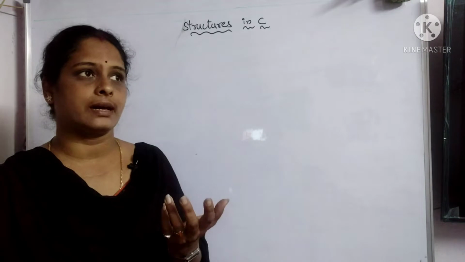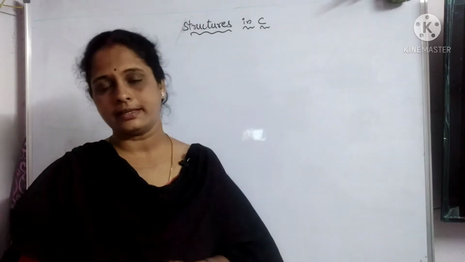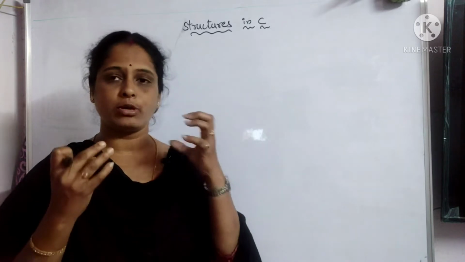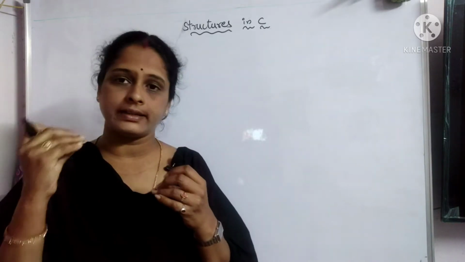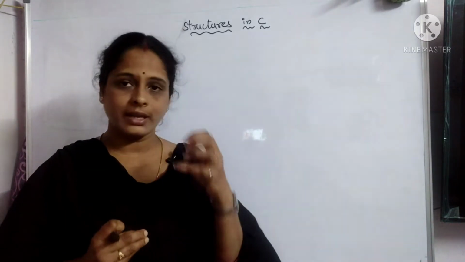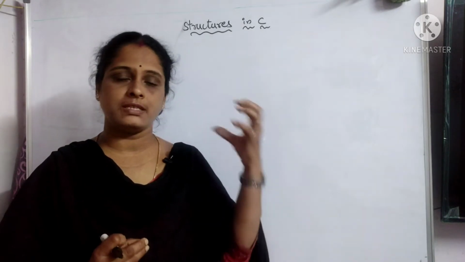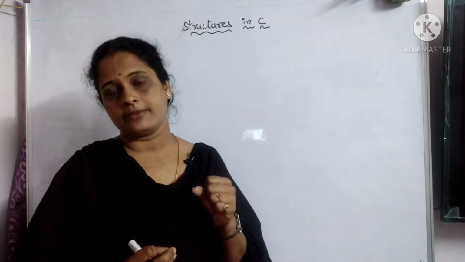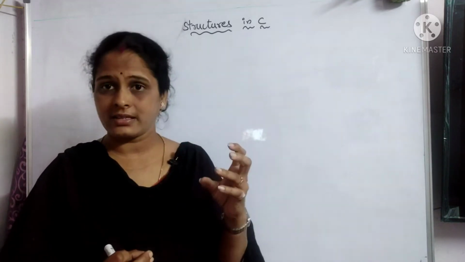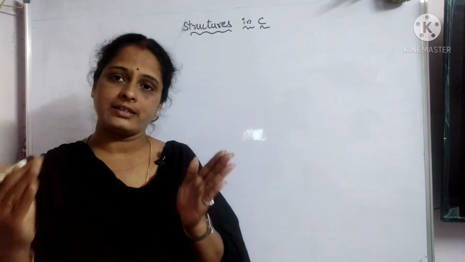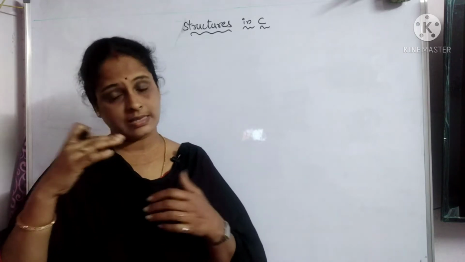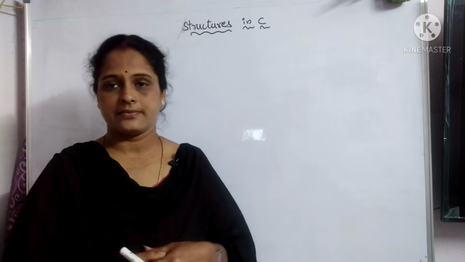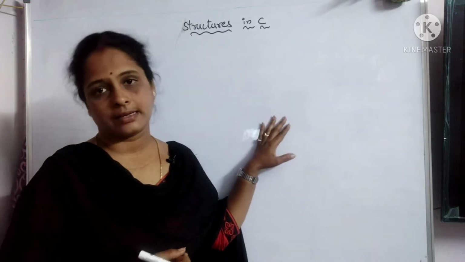For example, I said that string belongs to the derived data type. Why did I say so? Because you don't have a direct data type string there. You need to create an array of strings, that means from the array of characters. So from the existing data type, that is character, you are creating an array of characters that we are calling a string. In the same way you are deriving this data type also.